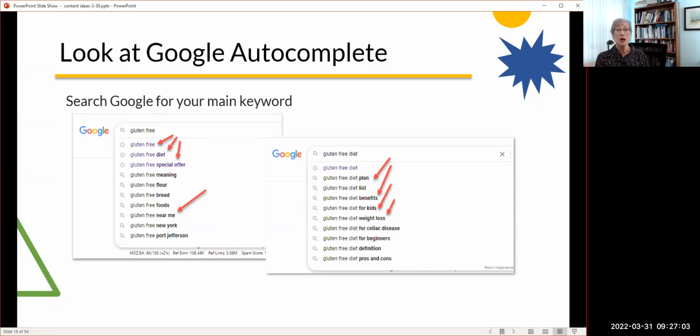All of these terms are things, if I had a gluten-free site, that I would want to have content about on my website. Now, to get even more information, I took one of those terms and did another search, and I got even more terms that should be on my site, assuming I want a gluten-free site. You want to copy these down or take a screenshot of them so that you can save them.